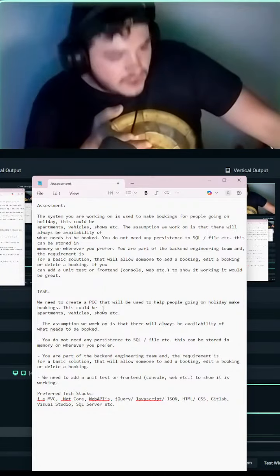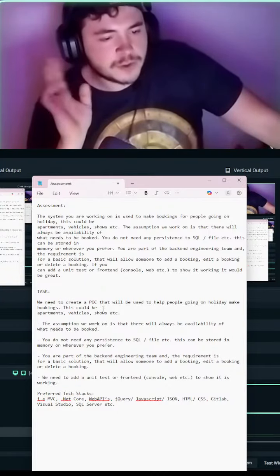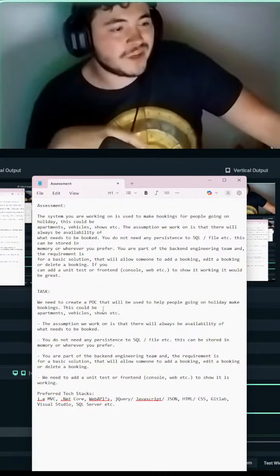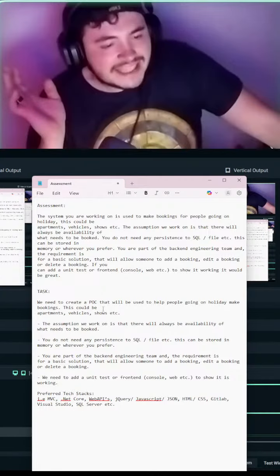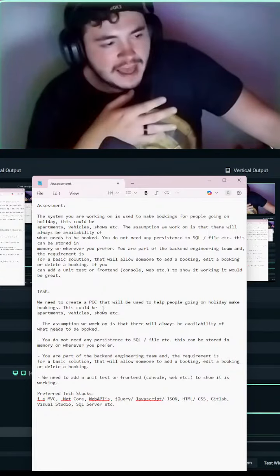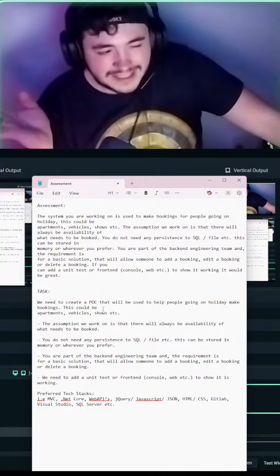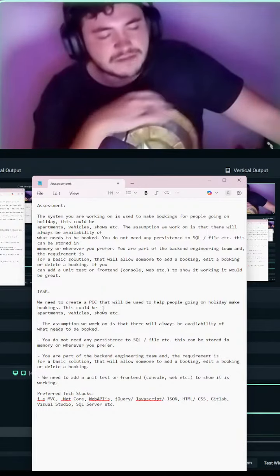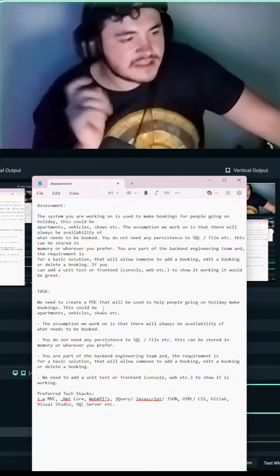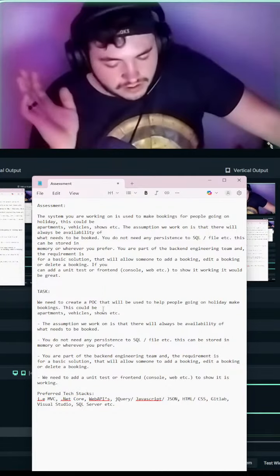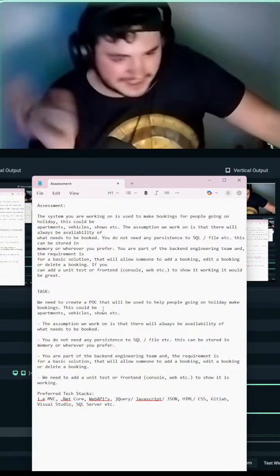So what they mean in this context is that you don't need any persistence to SQL/file. We don't need to have a fully fledged database, and we don't need it to persist to a file. When you save something, you can go two ways. The proper way is to put it in a nice database so that it's nicely structured, everything has an ID. Or you can just save it in an object and throw it into a file, like a text file or a JSON file. Text files are a little bit meh, but we will digress.